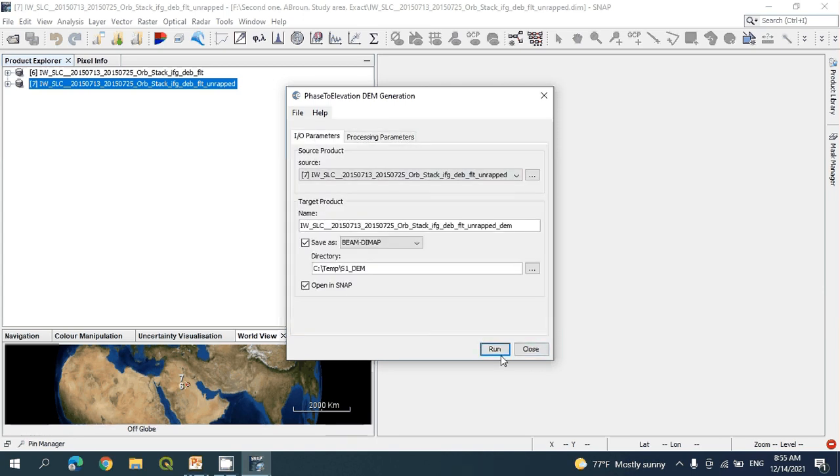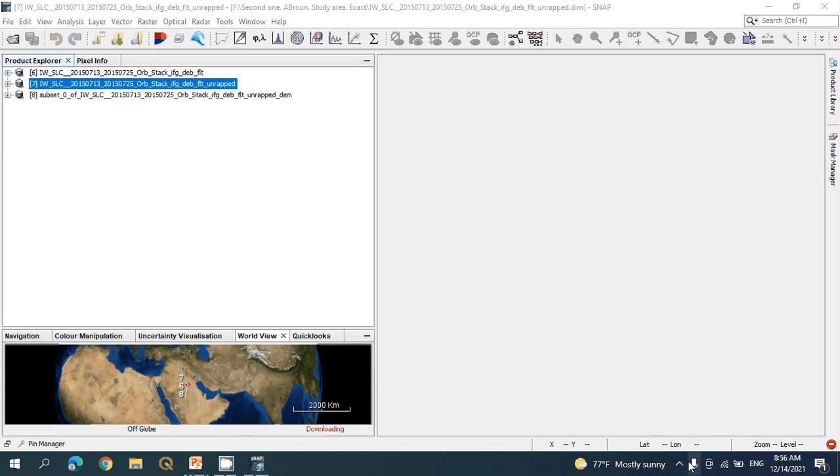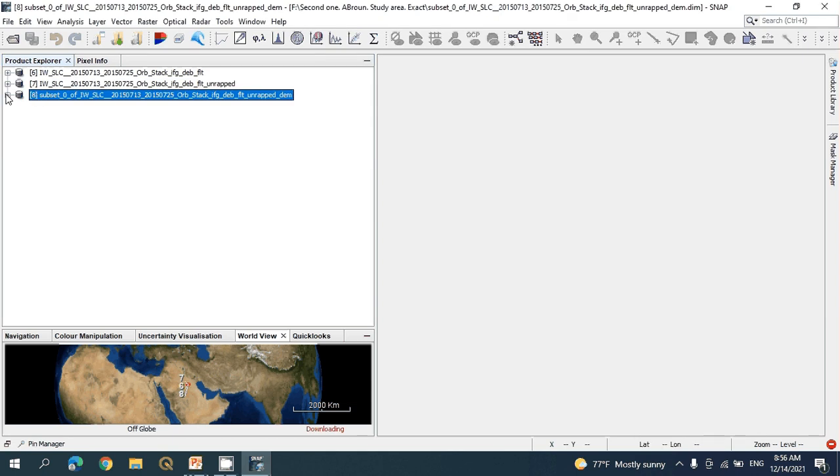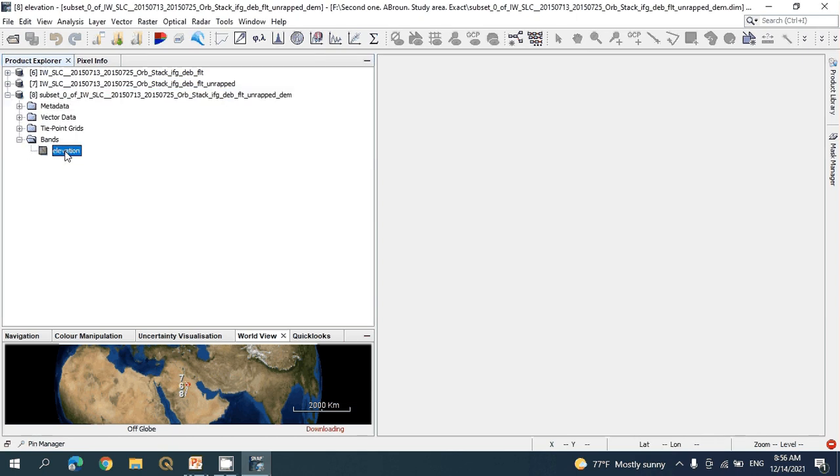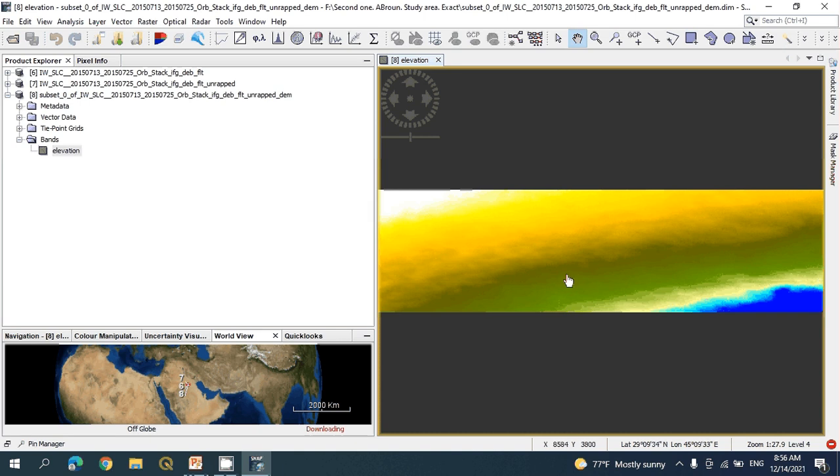Our product appears here now. It has elevation. So this is our digital elevation model before making the Doppler terrain correction. Now each pixel has a metric value indicating how high it is above sea level. So after that we will